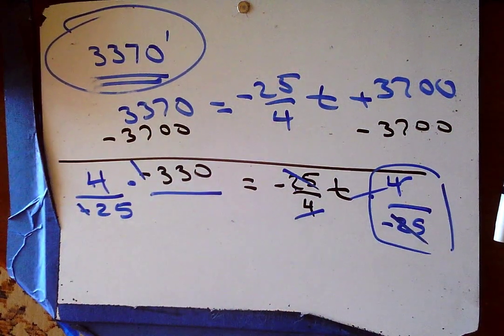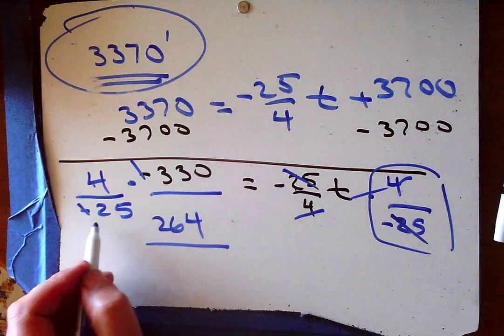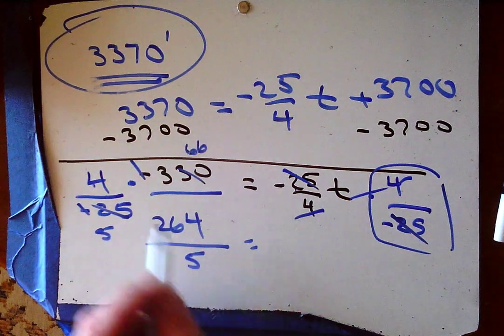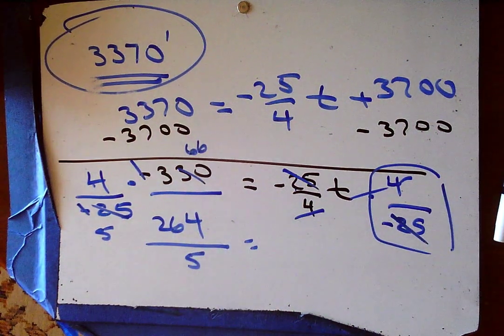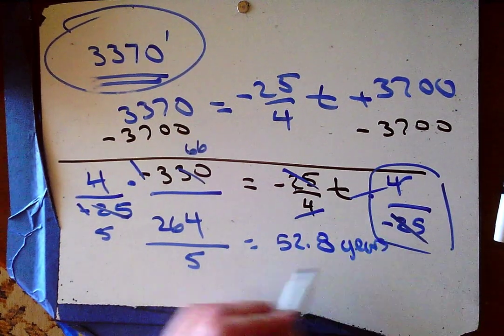25 into 330, well, I don't know about that. I do know that 5 goes into 330, but I don't think 25 does. So 330 divided by 5 gives me 66. And 4 times 66 gives me 264. And I took a 5 out of each of these. And so I have a 5 here. If I do this division, 264 divided by 5, I get 52.8 years after